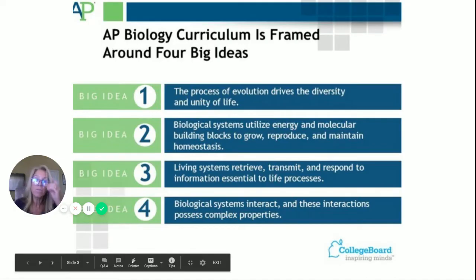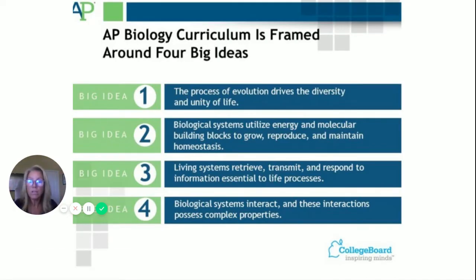This is a summary of the 4 big ideas. If you look at your notes, I have already summarized these. Now, what I want you to remember is these do not stand alone. They are woven together, these 4 big ideas, again and again. So we can look at something